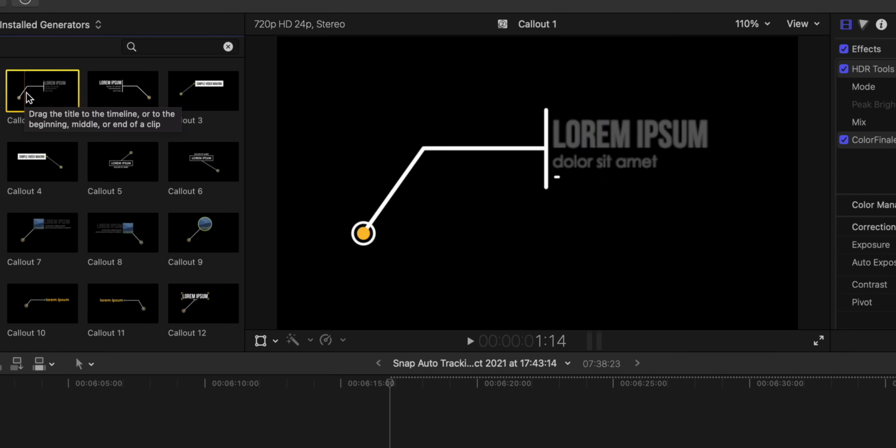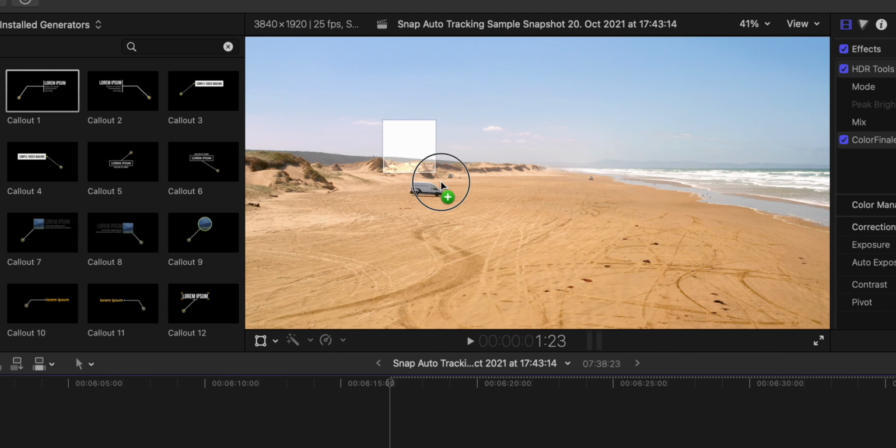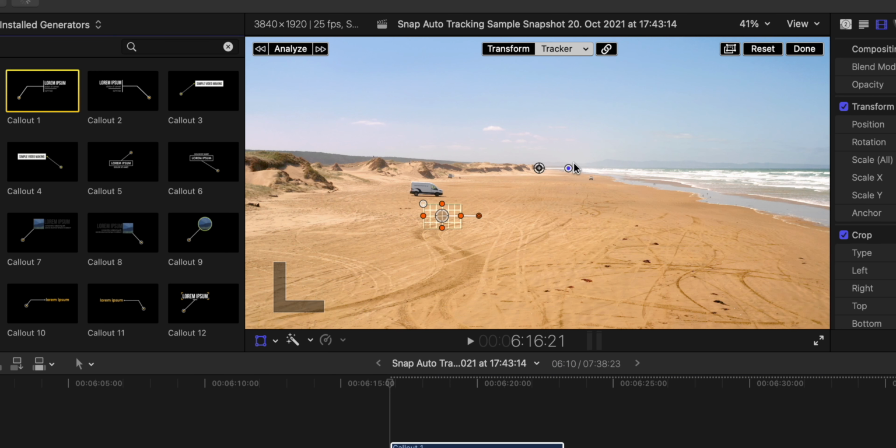The easiest way to do this is you take your designated item you want to apply to your footage and drop it onto the object you want to be tracked. And you can see here that Final Cut automatically recognizes certain objects if they're big enough. However, you can also just drop it somewhere in the middle of your footage and then you can adjust your tracking box accordingly to your subject. However, we will do the easier way and just drop it onto our object.